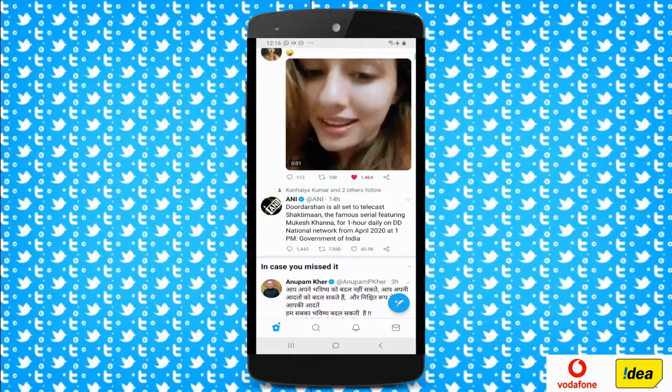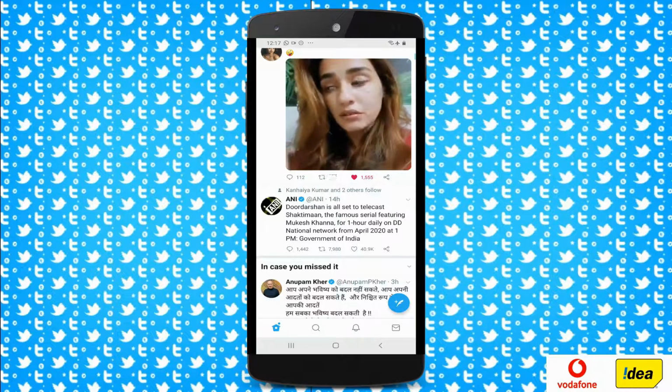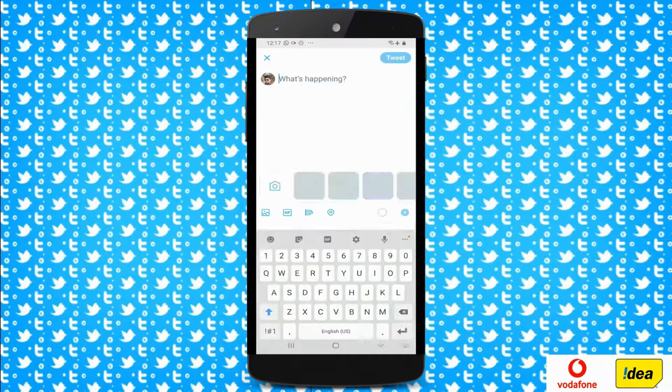Now let's understand how you can tweet. To tweet, you can see a feather icon with a plus sign. Just click on this icon, type the message,